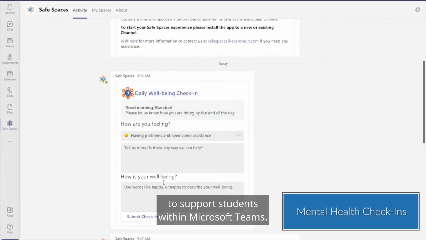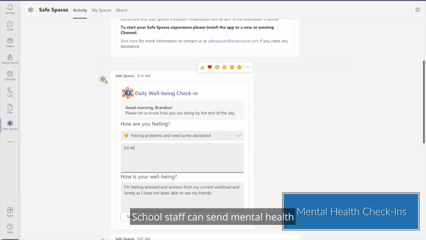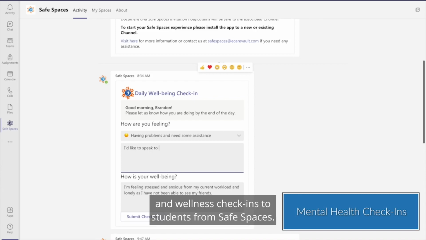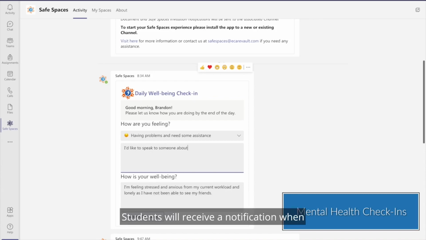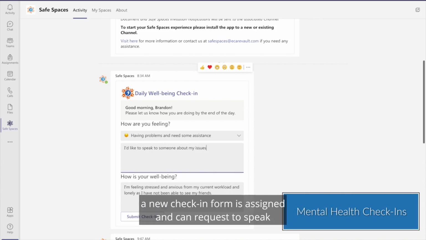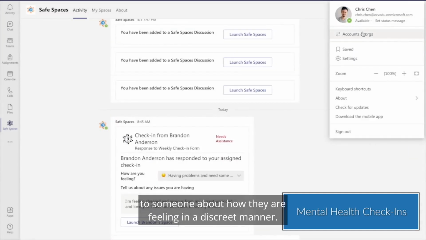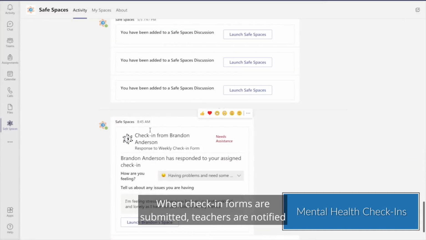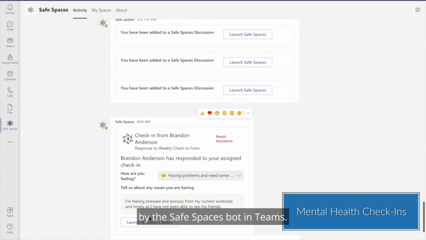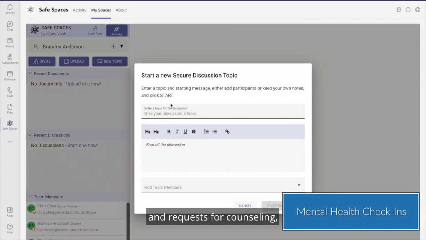Now, I'll show you how to use Safe Spaces to support students within Microsoft Teams. School staff can send mental health and wellness check-ins to students from Safe Spaces. Students will receive a notification when a new check-in form is assigned and can request to speak to someone about how they are feeling in a discreet manner. When check-in forms are submitted, teachers are notified by the Safe Spaces bot in Teams. Here, they can review student answers and requests for counseling and address their needs to ensure that they get the